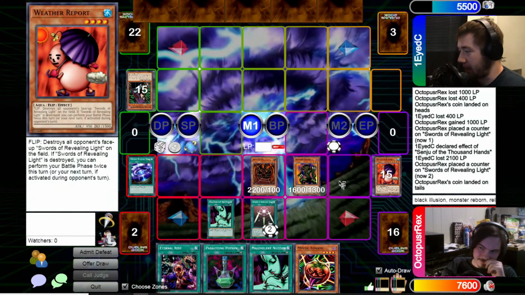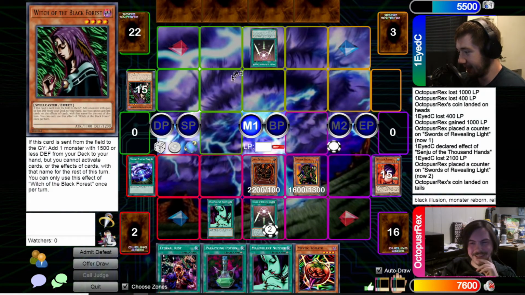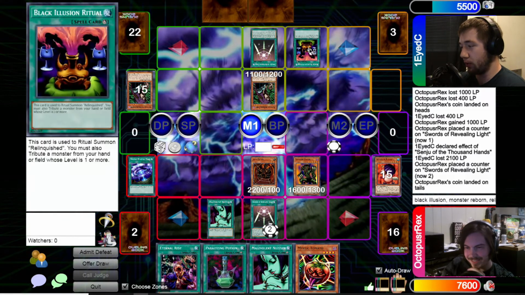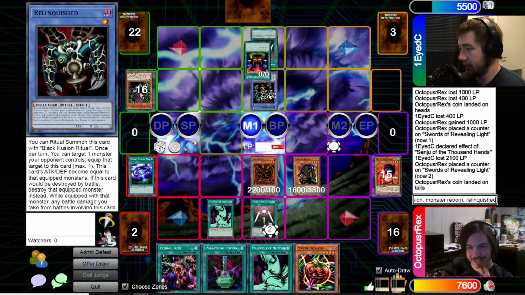Oh my gosh. The divine beasts have blessed me with ultimate power. Now that your weather report is gone, I can activate my own Swords of Revealing Light. So you do, so that's fine. I now normal summon Witch of the Black Forest. I am going to officially perform my Black Illusion Ritual. There you go. Sacrificing my Witch of the Black Forest to summon the dark being from which all creatures fear. Relinquished. Yes. I will now trigger my Witch of the Black Forest to add a